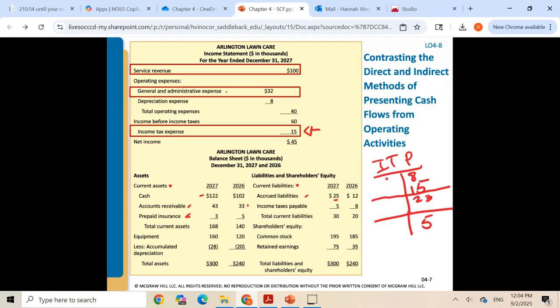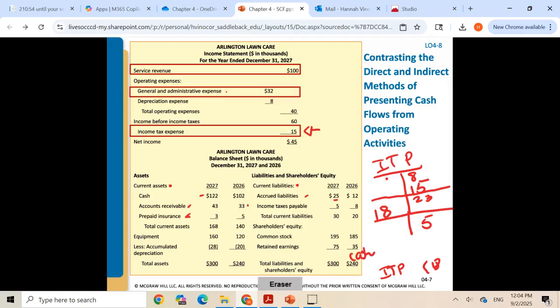But my ending total is 5, right? So we know that sometime during the year, I would have reduced income tax payable by $18. I had to do that math. So how do we reduce income tax payable? What would have been my debit? To reduce my payable means I paid out the,